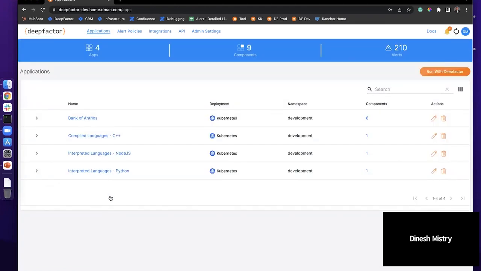So the Deepfactor platform is very simple to use. When you first sign into the interface, you're presented with a list of applications. Here I signed into our demo platform, and you can see I've got 4 applications that have been deployed: Bank of Anthos and a couple of language-specific applications. What I'm going to do is show you how easy it actually is to deploy an application into Deepfactor. As I mentioned earlier, all I've done to set this demo up is